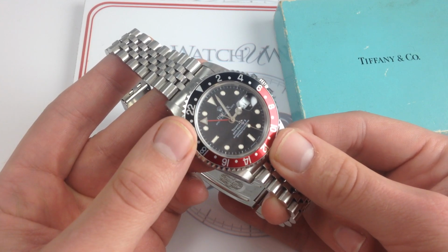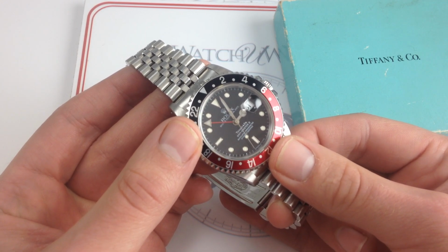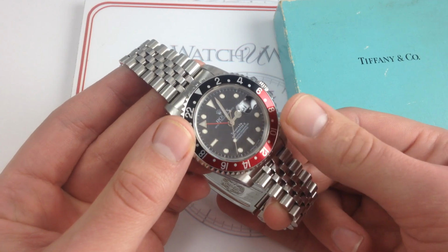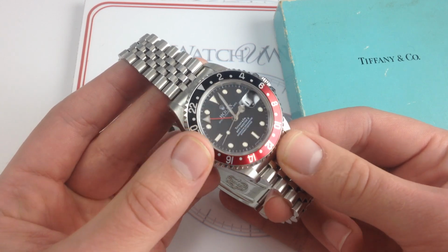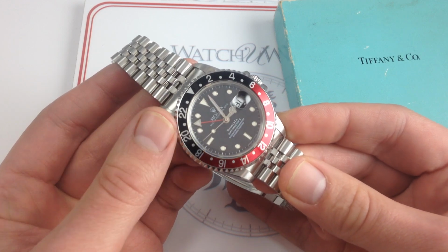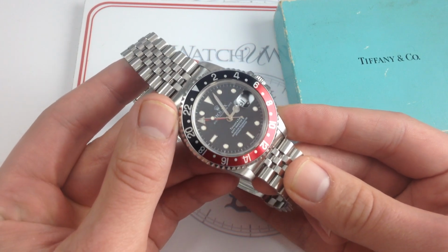and Tiffany. Now Cartier ultimately was the first to drop, and Tiffany persisted with the practice right up until the early 1990s when Rolex finally dropped the hammer and said, stop co-signing the dials or you're going to lose your account. Tiffany ultimately refused to relent, and just after the 1993 shipment of this watch to Tiffany, the relationship was terminated altogether. So not only is this something like a best of the series, but it's also one of the